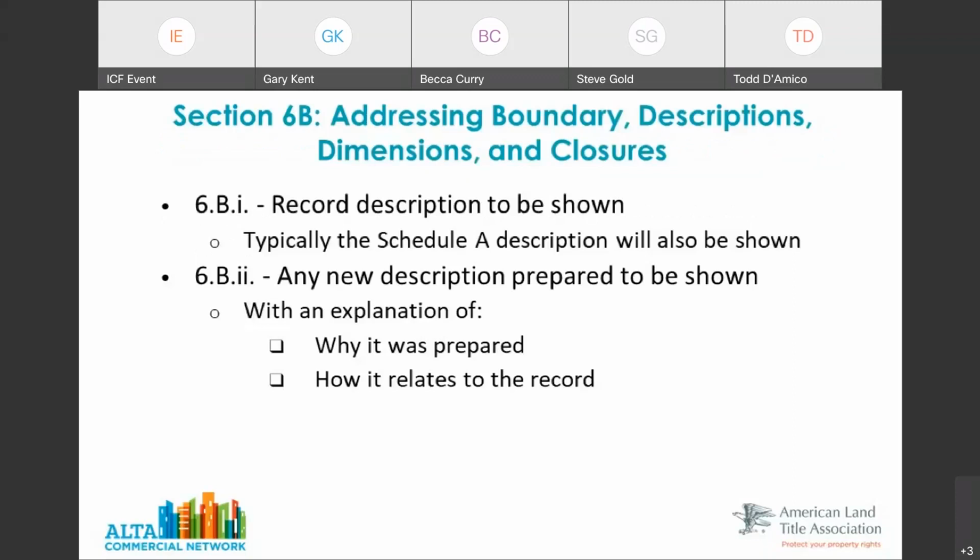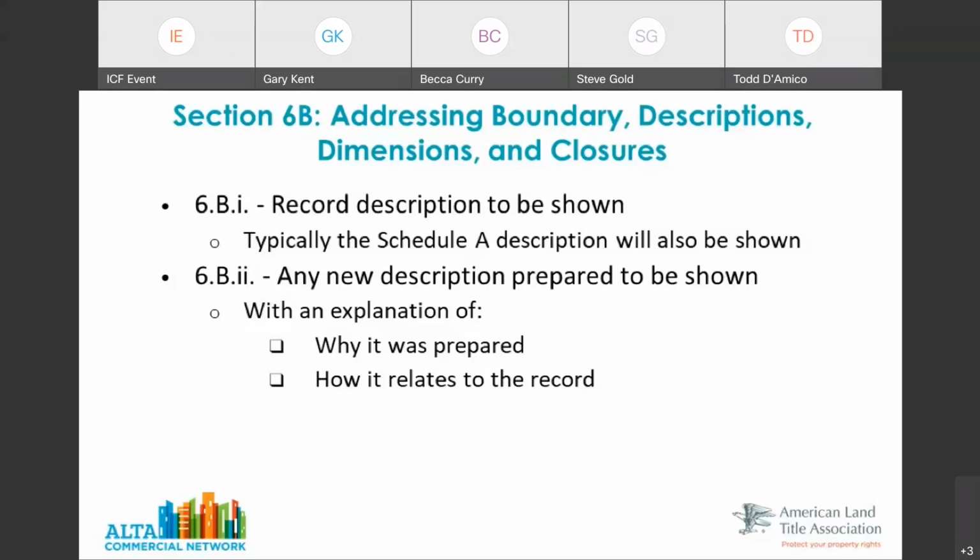And by the way, I mentioned yesterday, and I neglected to mention now, the handout that was provided is 35 pages, I think, and it has a red line version at the front, which is the changes that have taken place between 2016 and 2021. And then the next one in there is the clean 2021 version. So if there's something helpful for you, you might want to have that there and follow along that way if you would like. So we're in now section 6B, and this covers a tremendous variety of things.